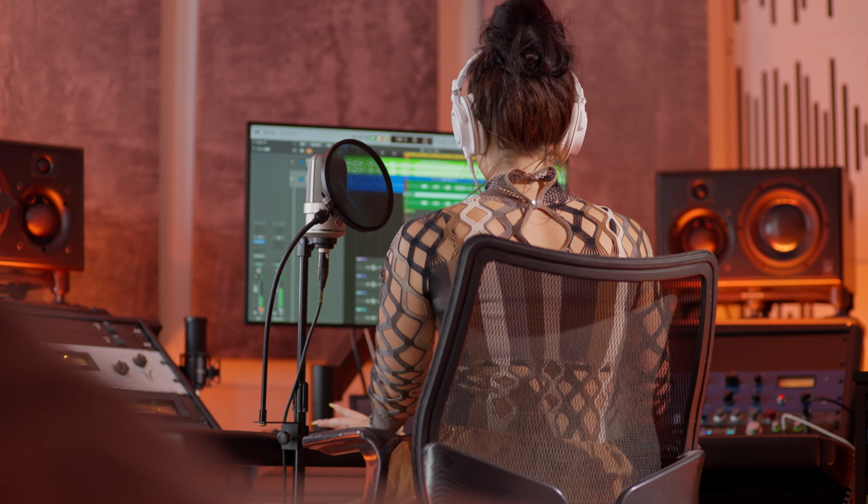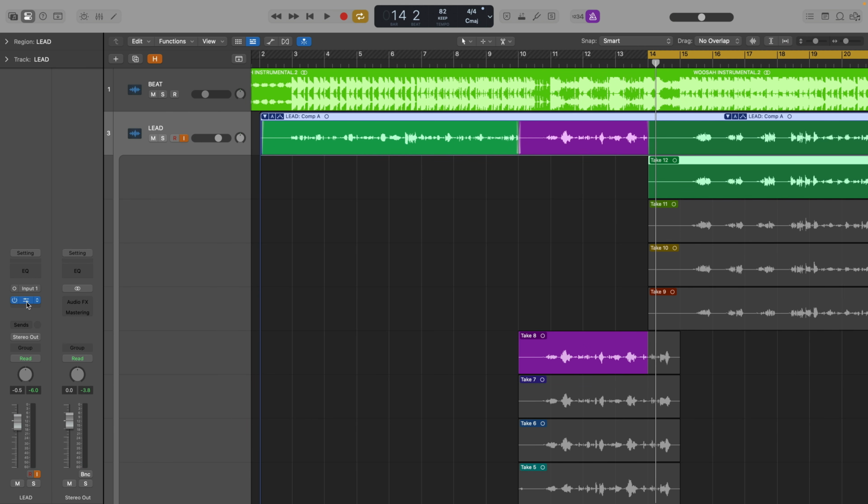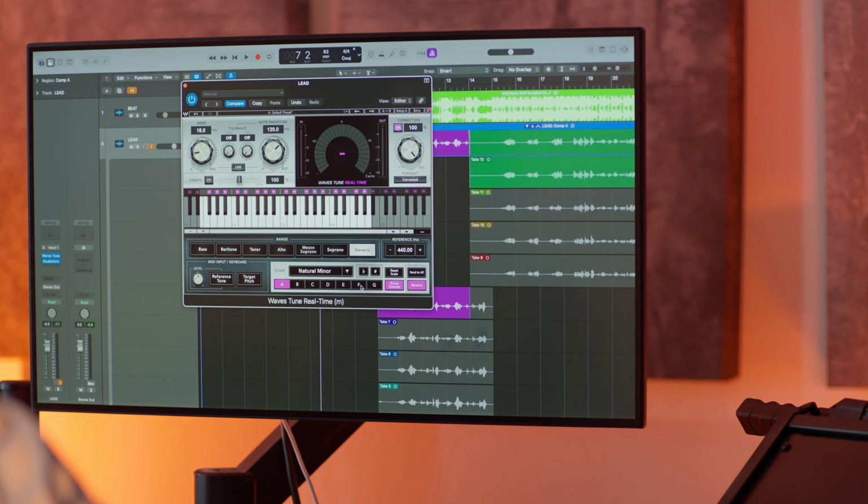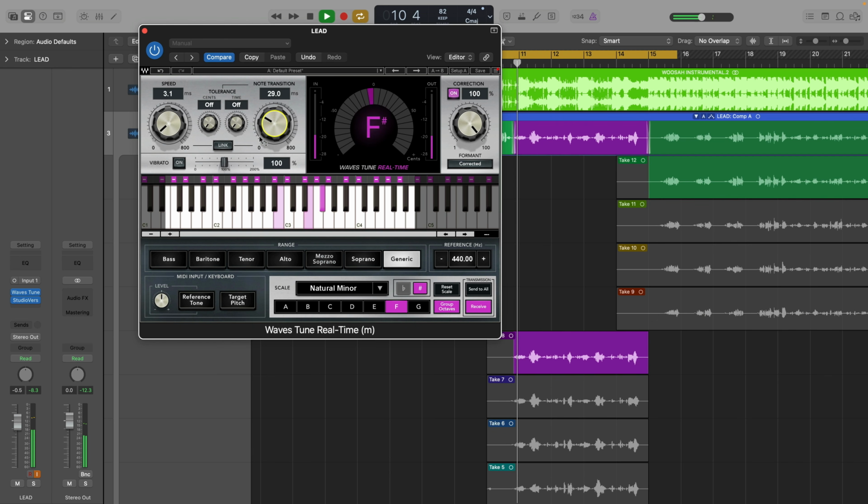After I finish recording leads, I like to add Waves Tune Real-Time to hear my vocals through pitch correction as I comp and edit. Set the key and scale to match your song. Mine's F sharp minor, and I double check that by turning the speed up full blast to hear the